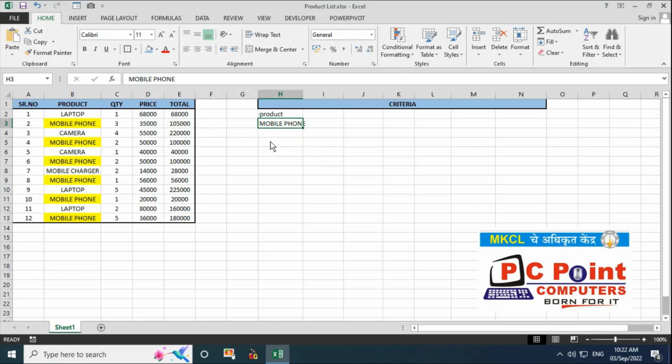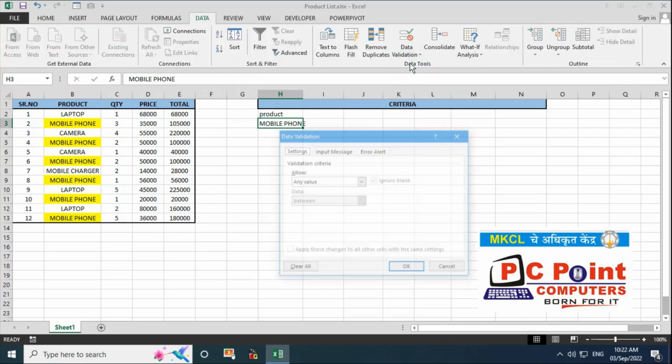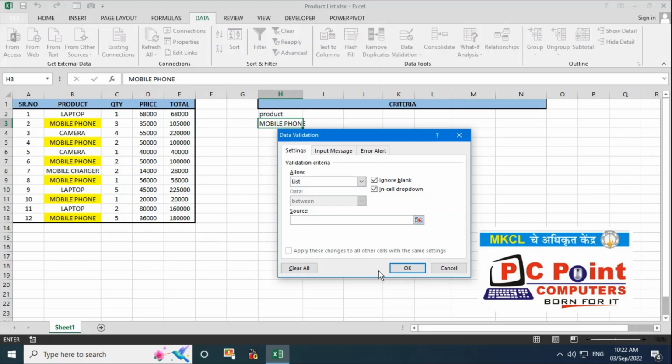How are you going to do that? For that you need to add a drop down over here. For adding the drop down you need to go to the data tab, go to data validation. Now I'll select the list over here. In source I'm going to write laptop and mobile phone.